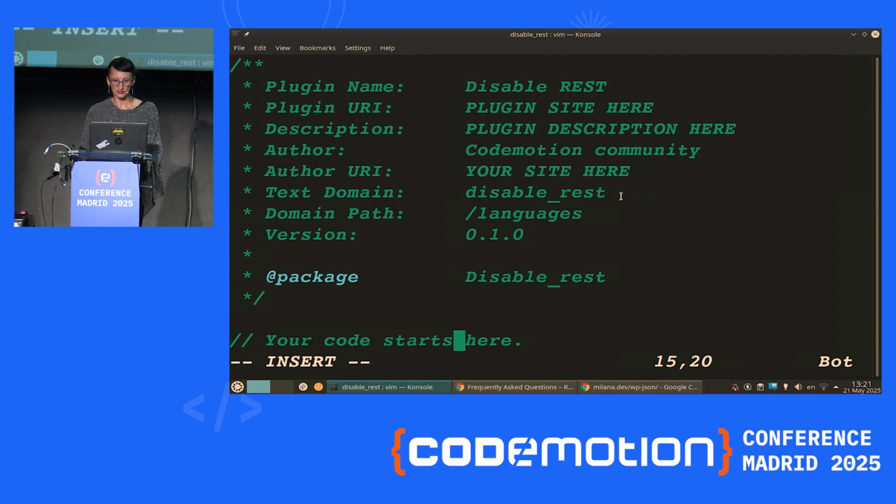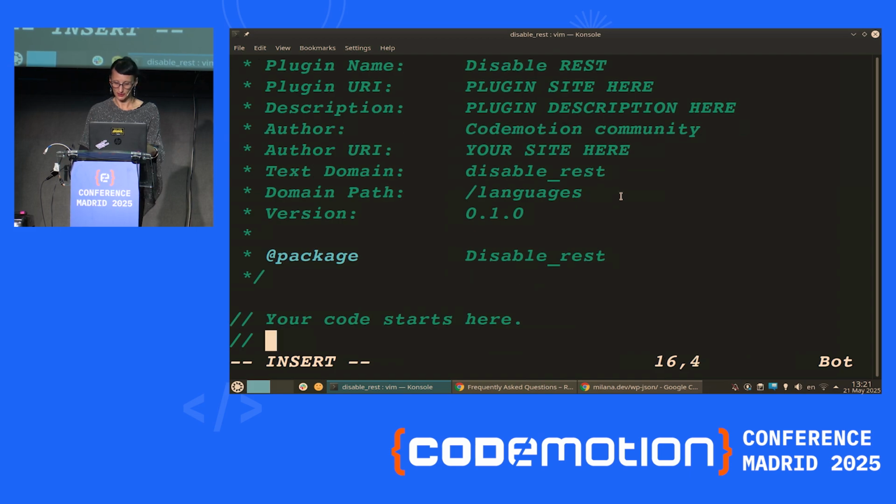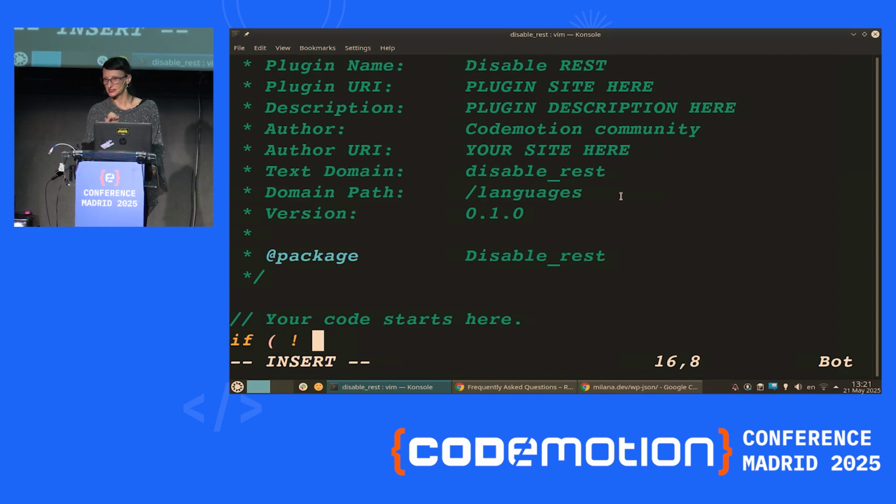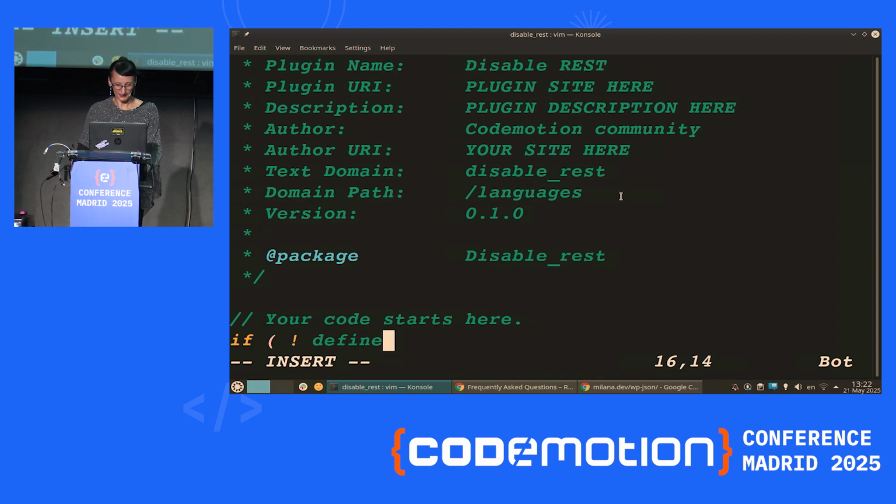We typed here. You see the plugin name and author and everything. And now I actually created last week a PR for this to have this if not defined, because I have been typing this on every single talk. So it's going to be in your version. So if not defined,